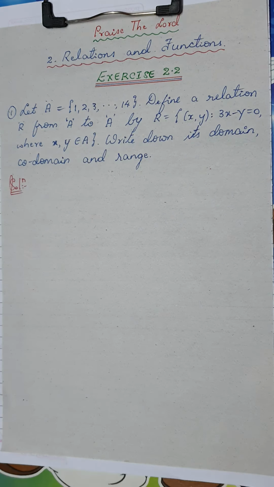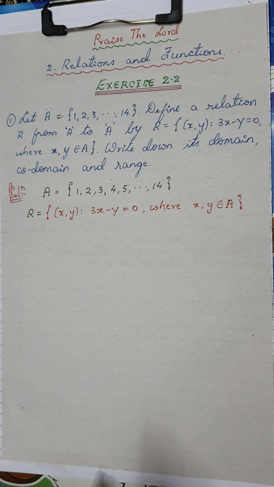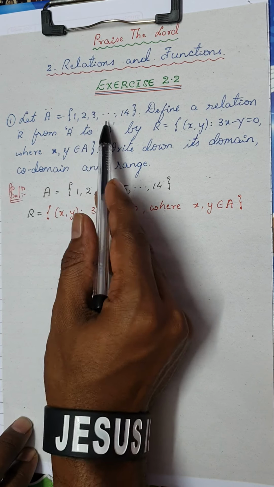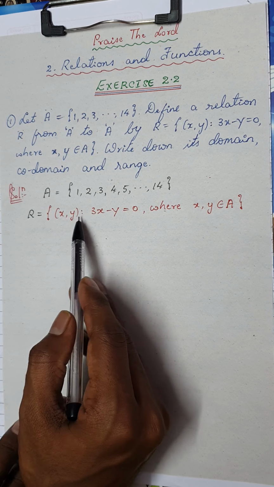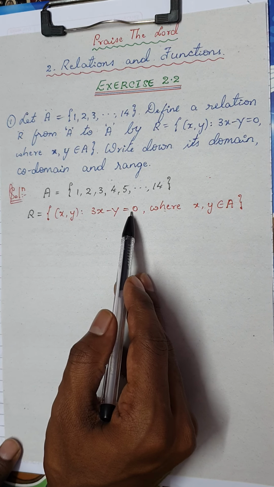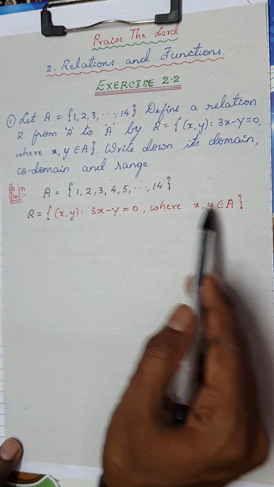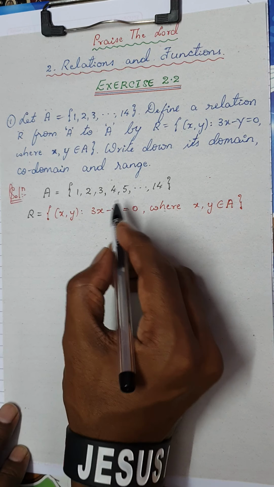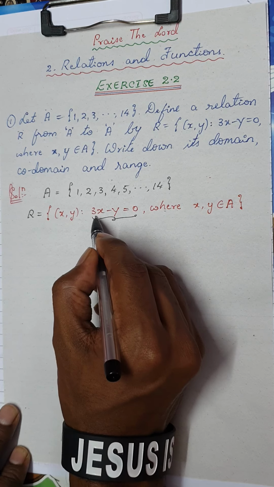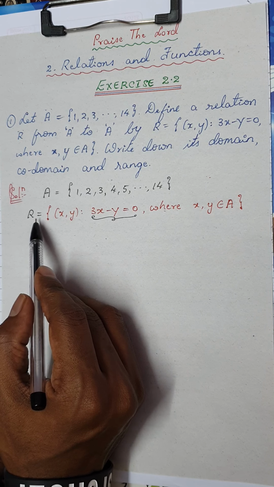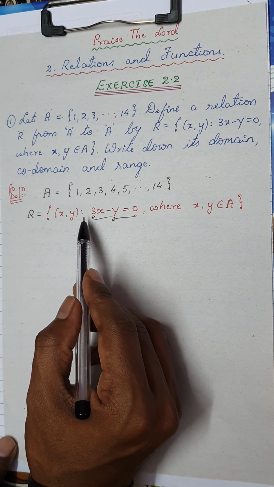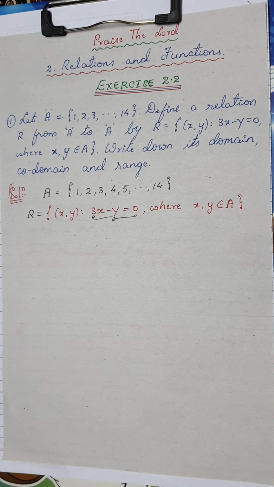It's quite a simple problem, but you have to be careful how to write it, because this is the first question. Please note it down carefully. I have already noted down the given data. The set A is 1, 2, 3 up to 14, and relation R is given by every ordered pair (x, y) such that 3x minus y is equal to 0, where both x and y belong to the set A itself. Now this is a very important condition from which we have to write the relation. First, we have to write the relation. Only when we write the relation will we be able to write the domain, codomain and its range. Is it clear?